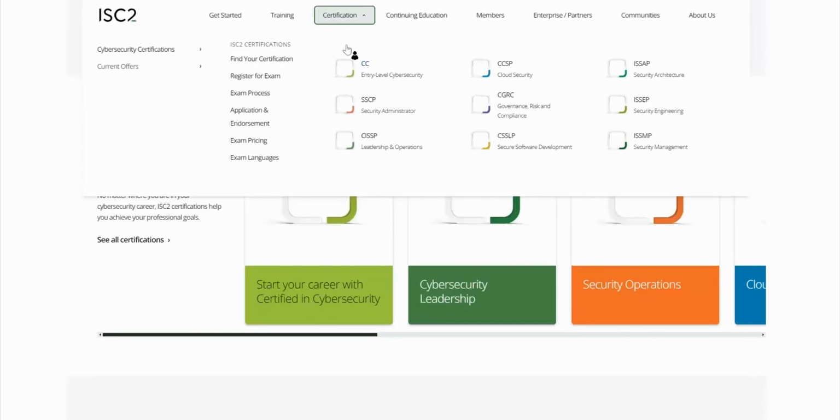Also, a tip: this CC is Certified in Cybersecurity. This certification is sometimes free to do, but it depends on the end of the year, whatever. And women usually have a Women in Cybersecurity initiative going for them too, so they also get to sit for the exam for free. But then this portal has a membership fee, right?